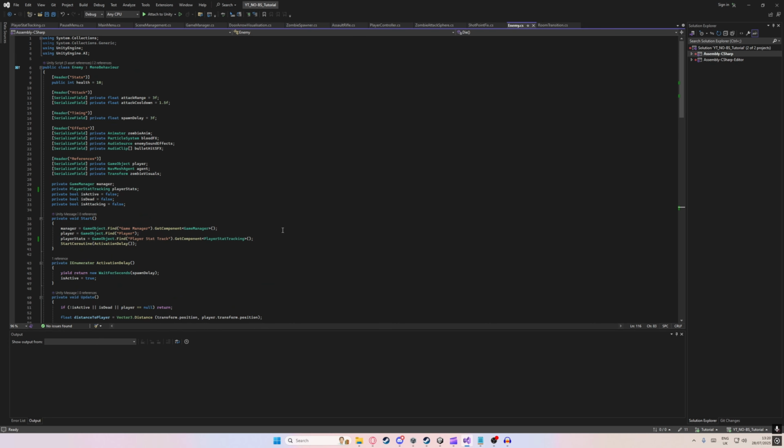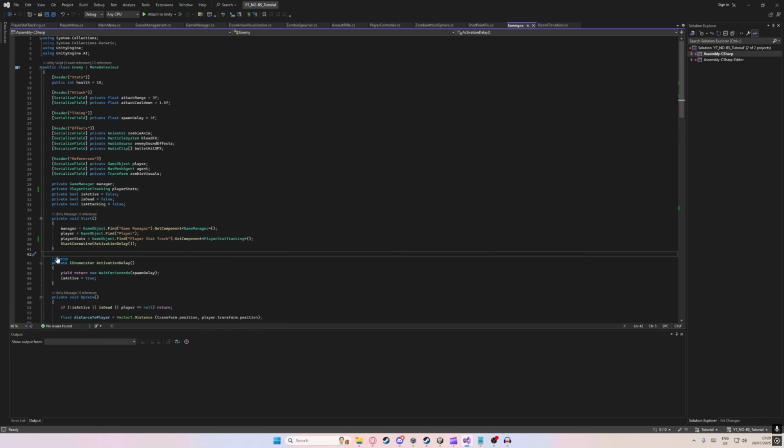Okay, now for the logic to actually work, we're going to need to head into our enemy script, and we're going to declare a new private variable of our player stat tracking script, and we're just going to call it player stats. Now, I am aware that using GameObject.Find isn't necessarily the best method for getting and assigning variables without them being public. However, we're just going to keep using it here. This is just a simple tutorial,